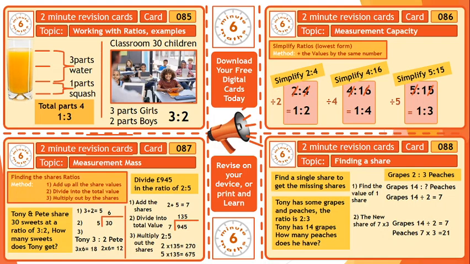So if we find out what the value of 1 share is, to do that we take the 14 and divide it by the 2 shares, which tells us what 1 share is. And 1 share equals 7. So now we know the value of 1 share, we can work out the value of 3 shares. So 1 share is 7. 3 shares would be 3 times 7, which equals 21. So our answer is we'll have 14 grapes and